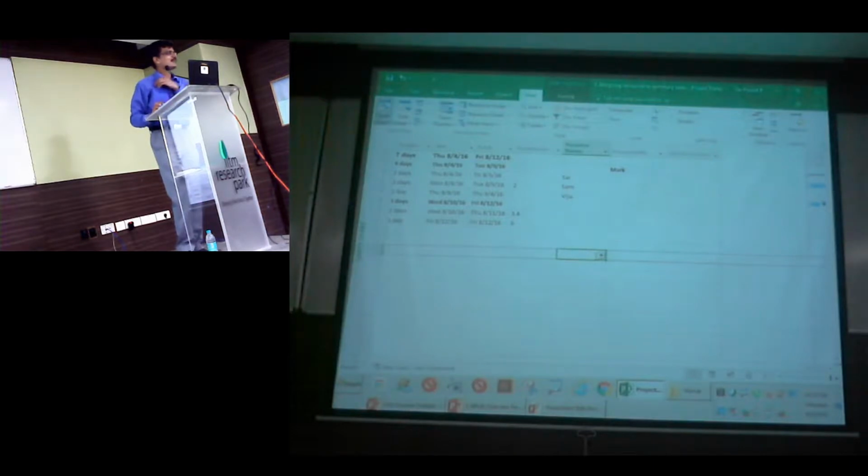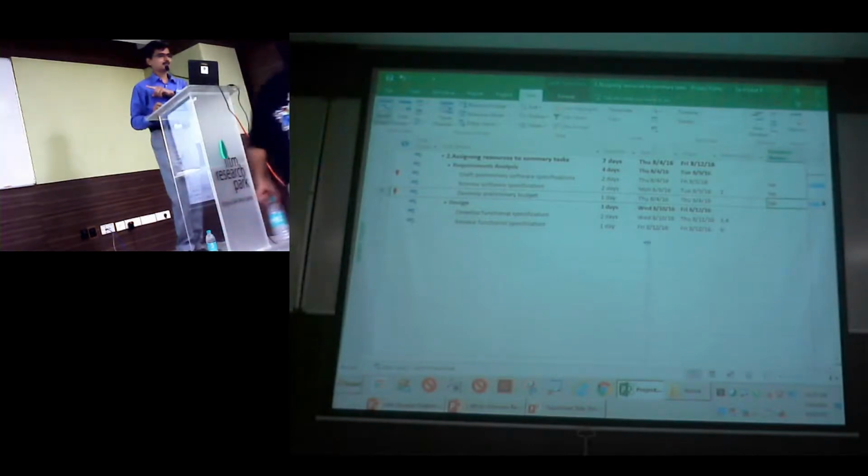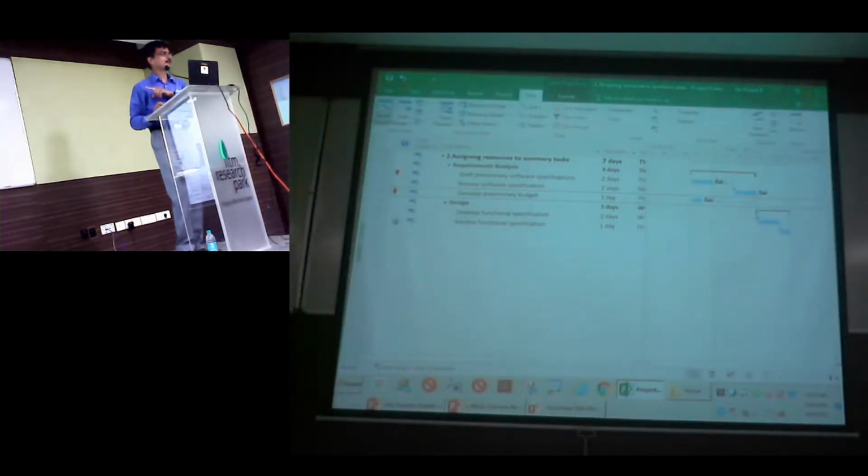Can it be the same person? It can be. So if I have the same person, you're talking about responsibility or accountability? Okay, you can. So I can have Sai for the second and for the third. But since these tasks are partly sequential and some are parallel, you will notice this overallocation. To resolve this problem, you don't need to do it by hand. You can just right click and say reschedule to the next available date. It will find when Sai is available in this project and automatically move it.